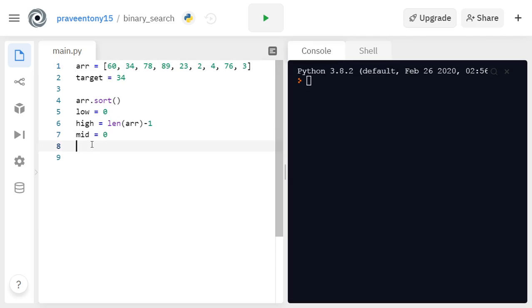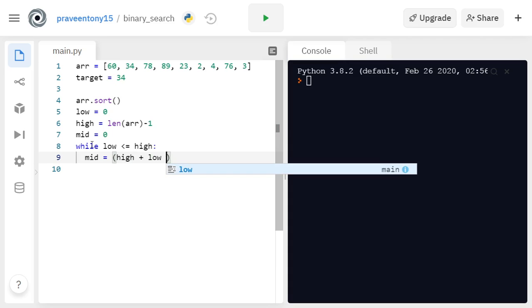So we check it. I create a while loop: while low is less than or equal to high, run the loop. We set the middle equal to high plus low divided by target.